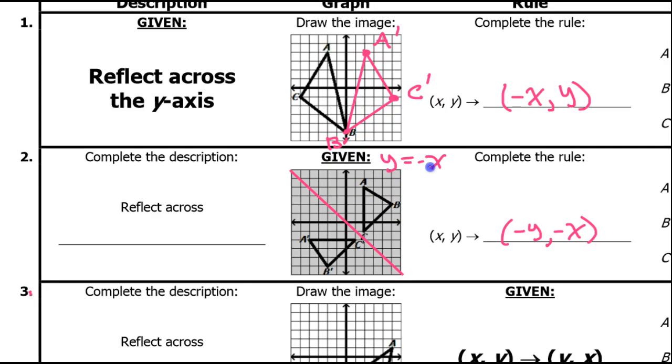Okay, actually I should have written this over here. We are reflecting across y equals negative x. Great. Now,